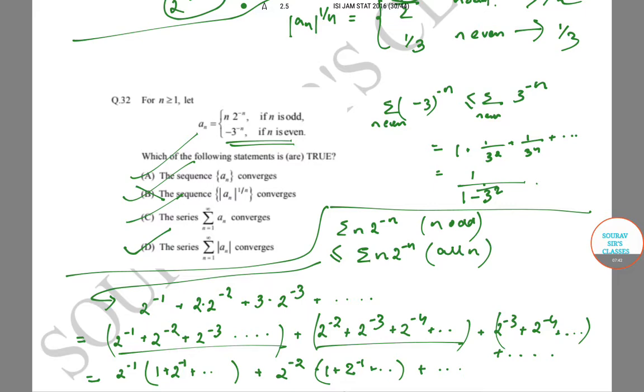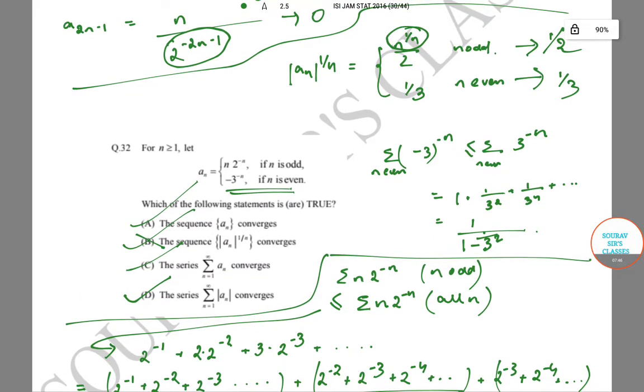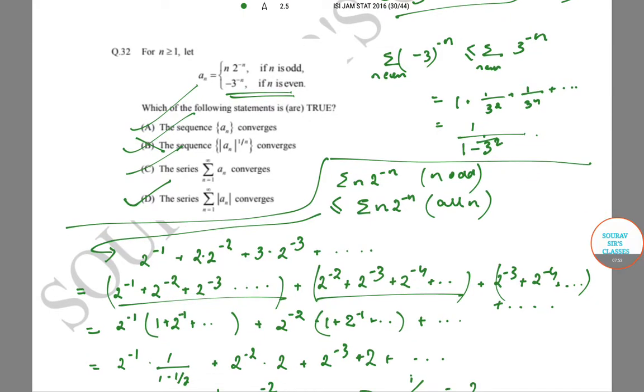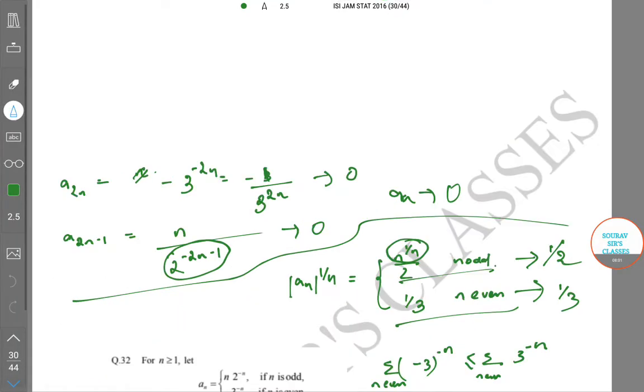B was wrong because we saw that a_n to the power 1/n converged to different limits when we took the odd subsequence and the even subsequence. So this is the end of the problem. Now we will move on to the next problem. The next problem says